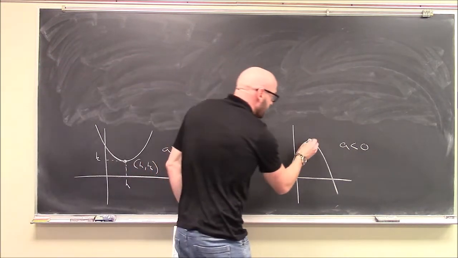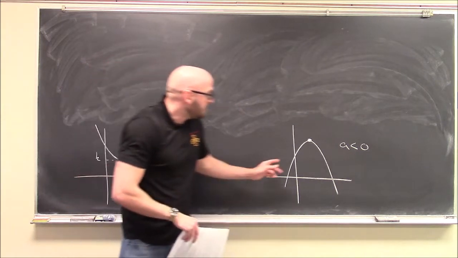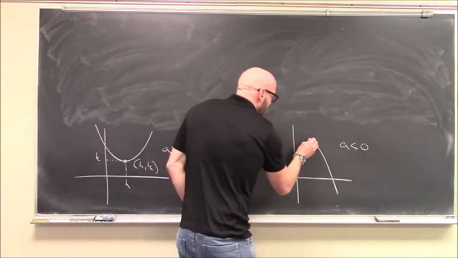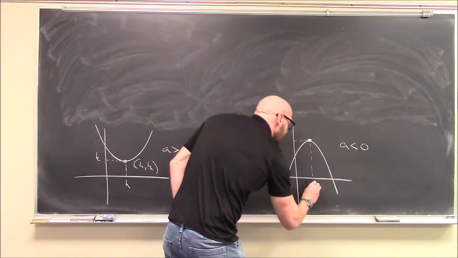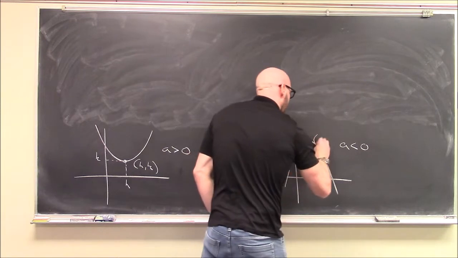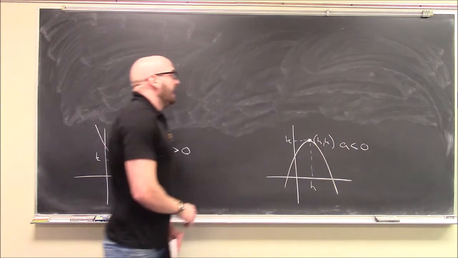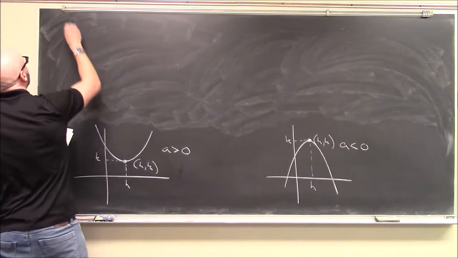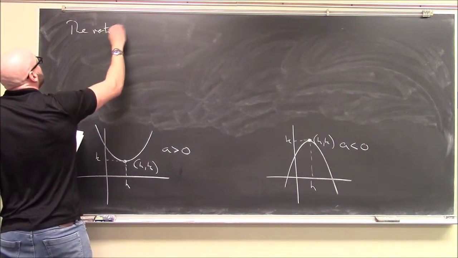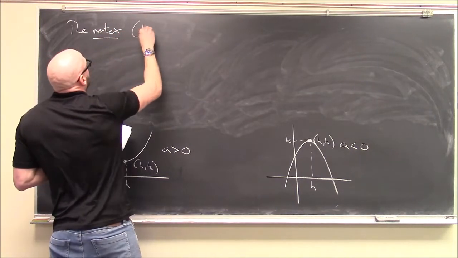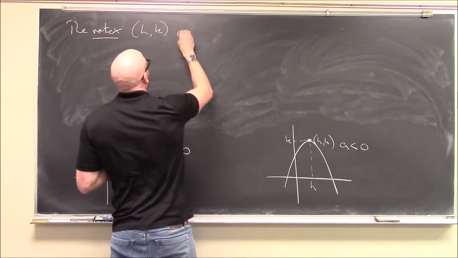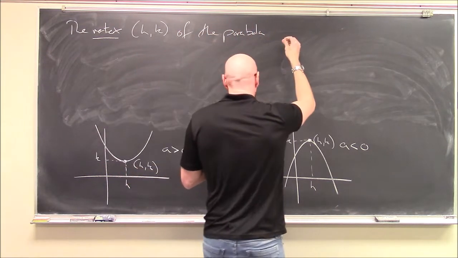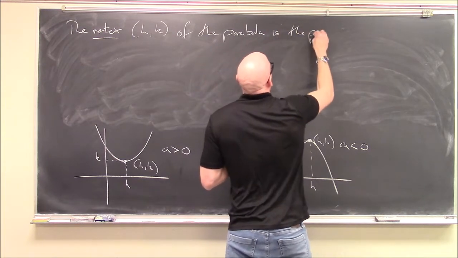And we'll do the same thing over here. For the downward opening parabolas, we've got the peak of this mountain, the top of the parabola, the maximum value the function ever attains. We'll give it the same coordinates, we'll call it h and k. And in both cases, it's called the vertex of the parabola. So the vertex, with coordinates h and k, of the parabola is the point